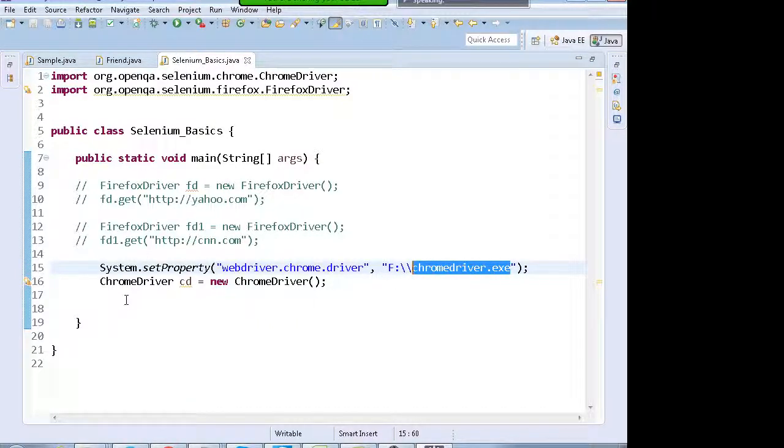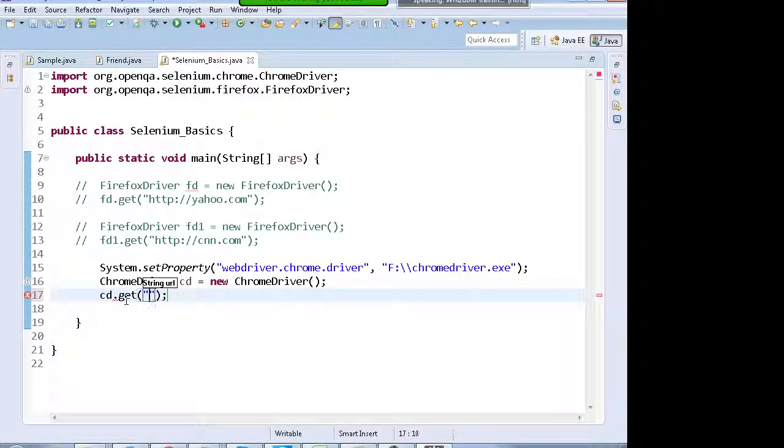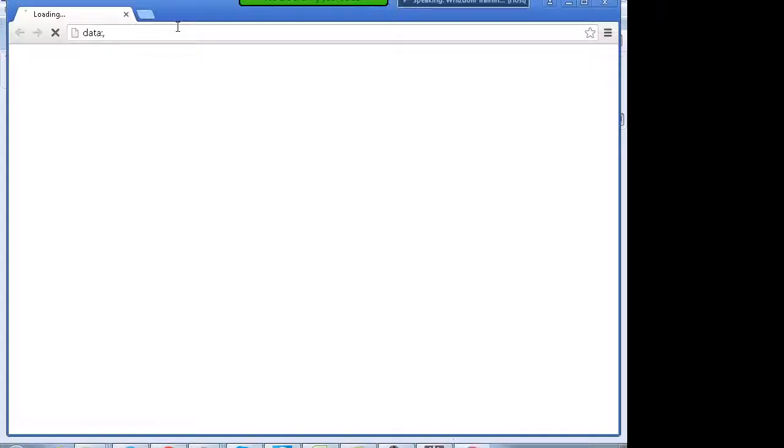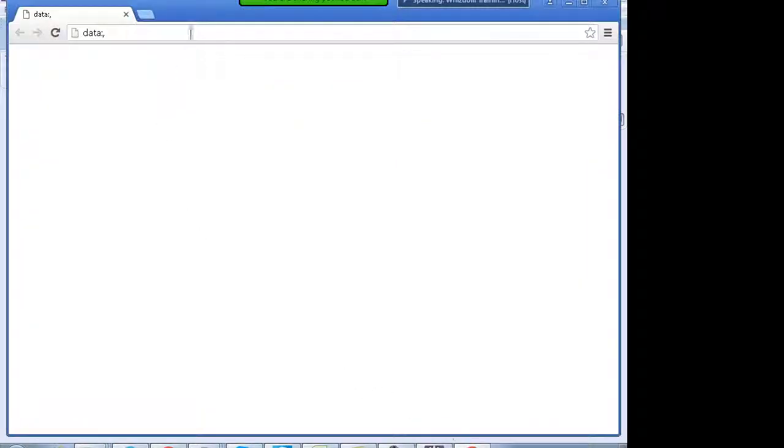So in the next line I can write chromeDriver.get and take me to the location, say, http books.com. When you run this, in IE also the same kind of thing is there. See that the browser opens, Chrome driver opens, and it should take you to books.com.